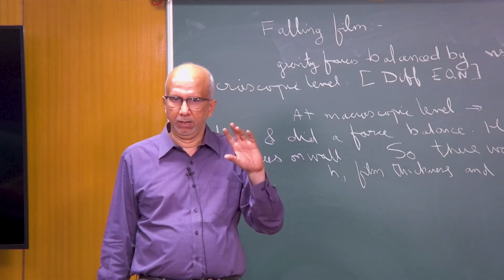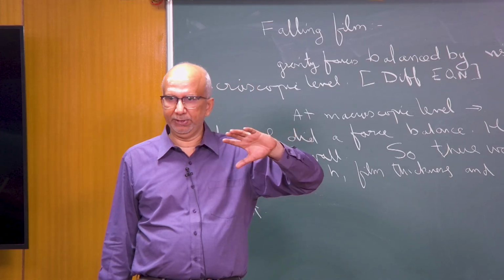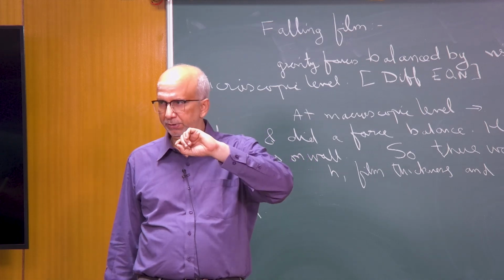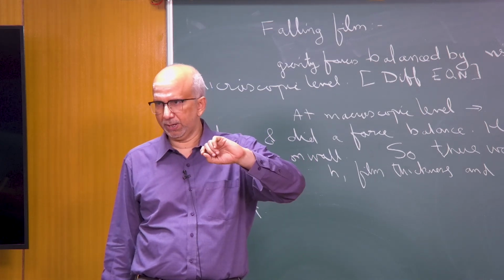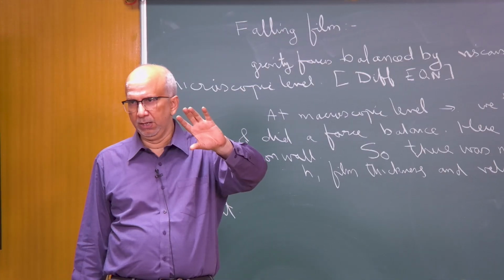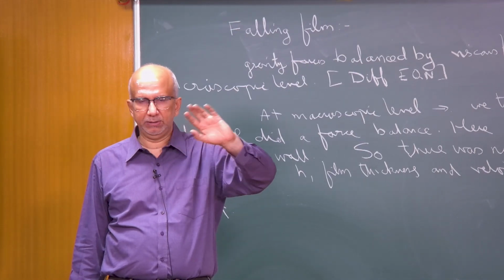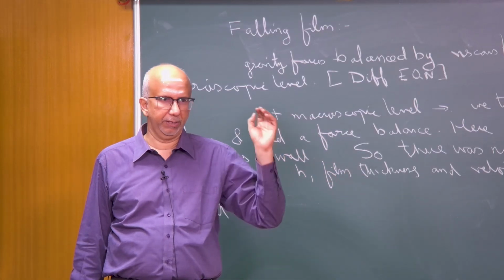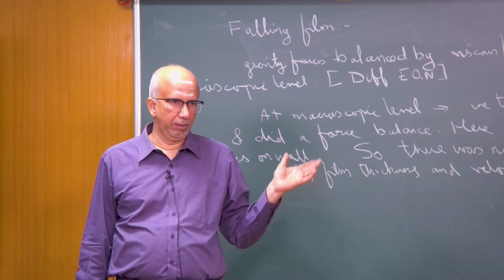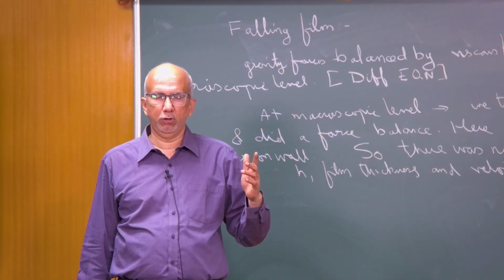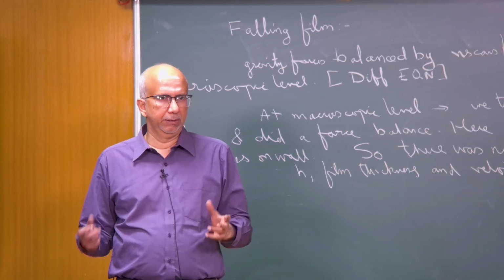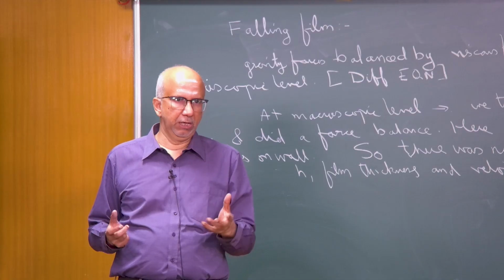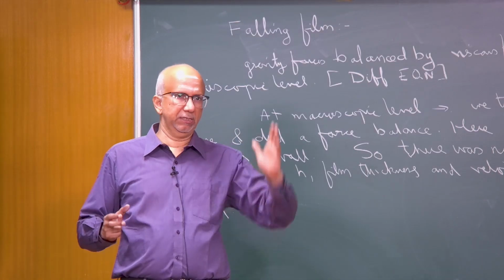The differential equation is valid at every point, and so I say that is the microscopic balance. You have mu d square v by dy squared, or x squared, something like that, equal to rho g. Then you did the integration over the control volume and you got the exact balance. The gravity force acting on that control volume is balanced by the shear stress.